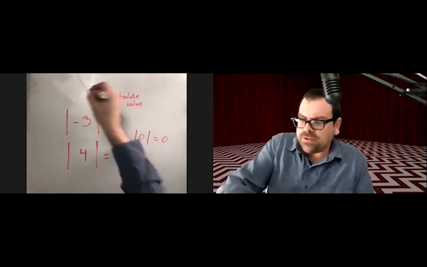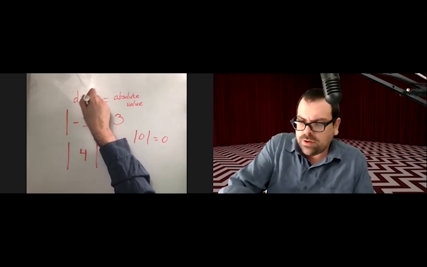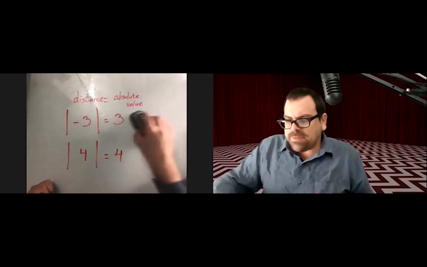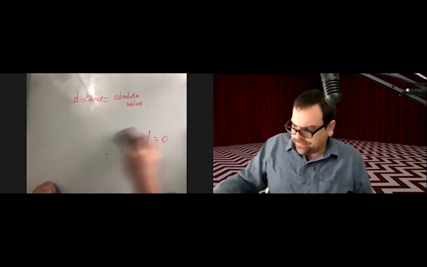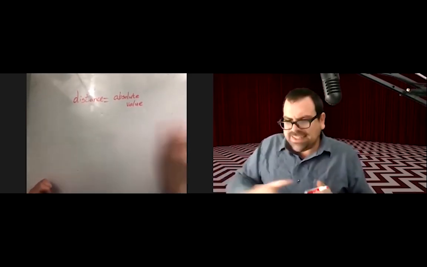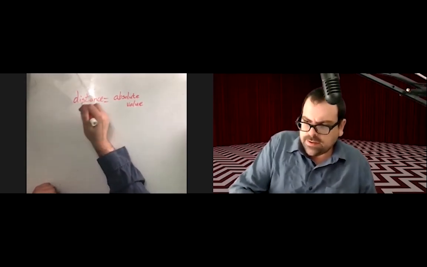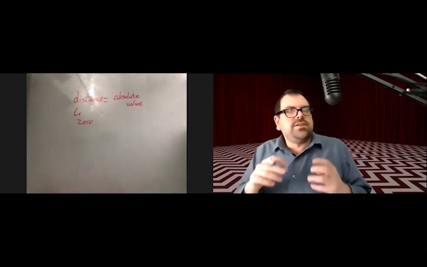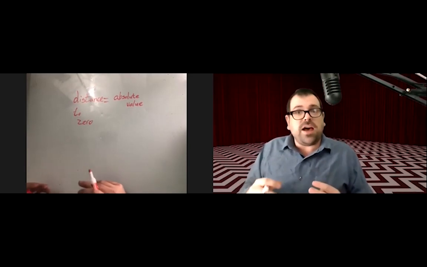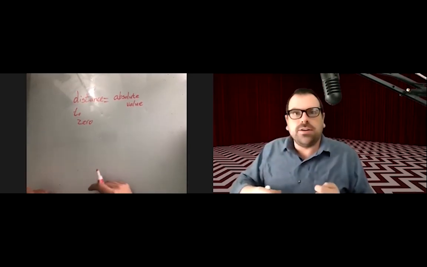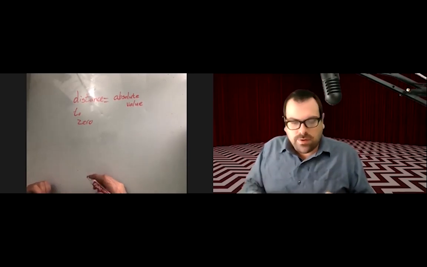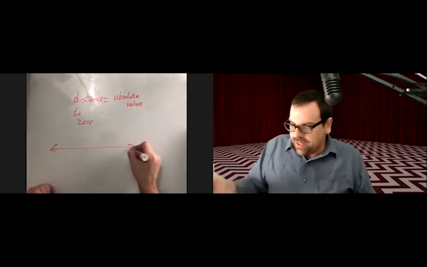That's because an absolute value represents a specific distance. And remember that that distance is the distance to 0. So an absolute value of a number just means how far is it on a number line from that number to 0. And if we think of our number line,